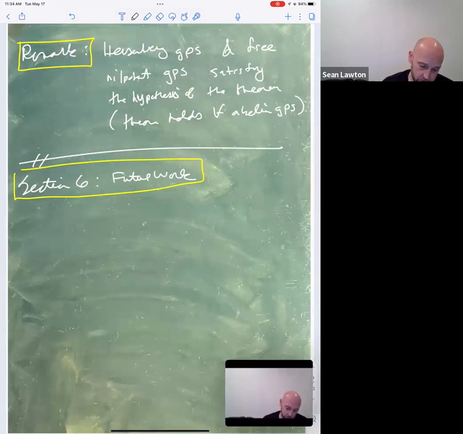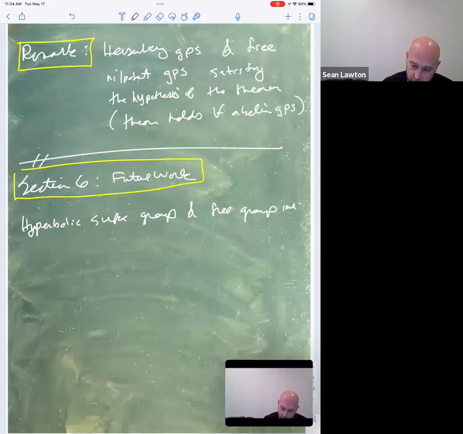So it turns out that hyperbolic surface groups and free groups, so that means genus 2 or more, and free groups of rank greater than or equal to 3, also